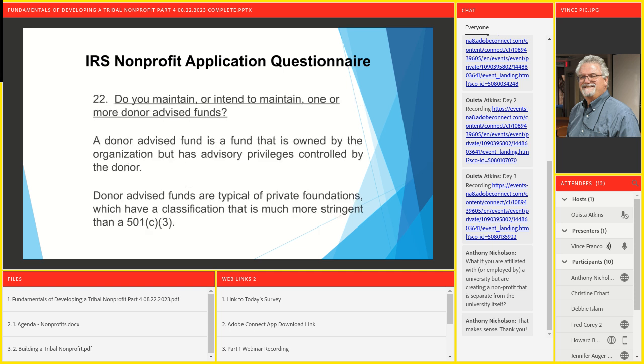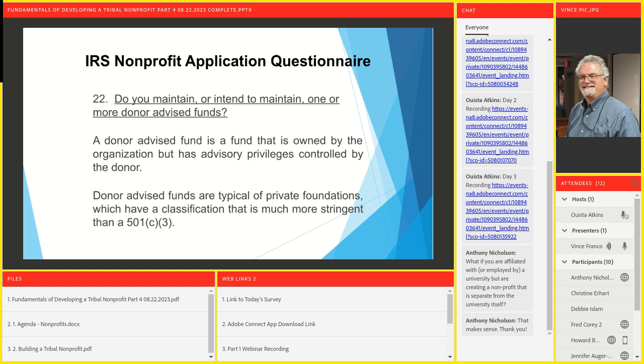22, do you maintain or intend to maintain one or more donor advised funds? Donor advised funds are for the foundations, the 501c6 organizations, the Bill and Melinda Gates and the other foundations. If you recall, we talked about this last week on Tuesday, when we were talking about fundraising and the qualifications of foundations.